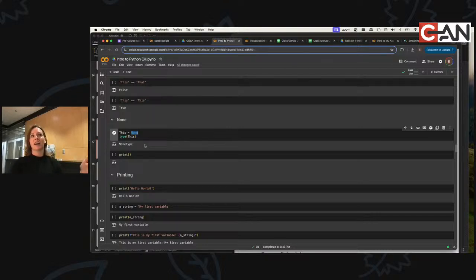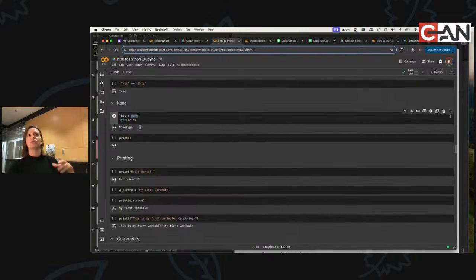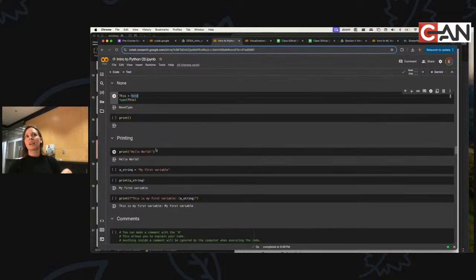It's a NoneType. It means null. Python had to be different and call it something else. But it's very important because when you go to fill NA, fill nulls, this is the data type that you're looking to fill in that situation. So if you see Nones, or if it says, hey, I got this value and it was None, that means there's nothing there.